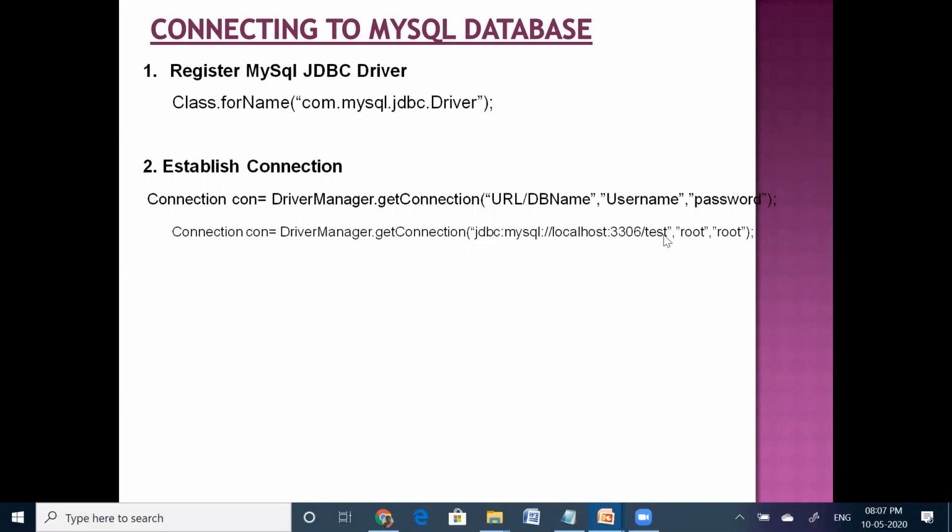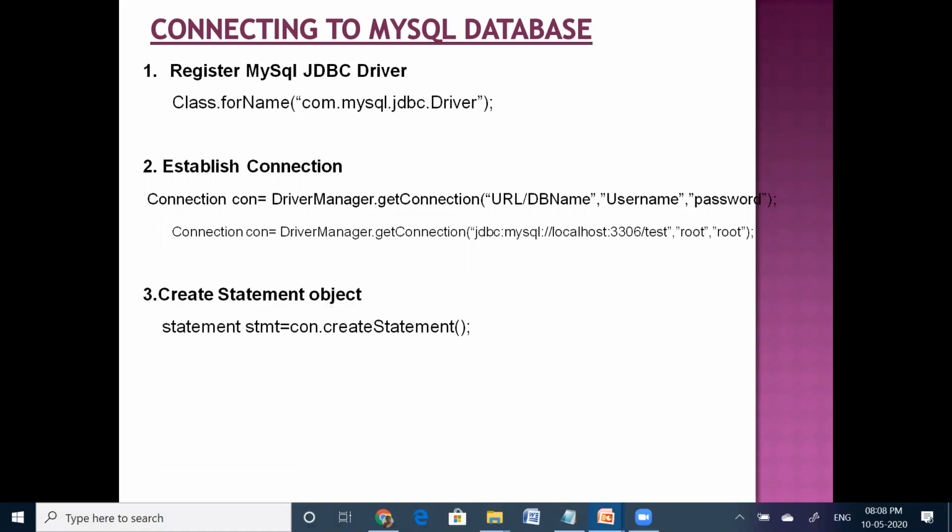What is the name of your database? This is a user defined database name. Then the username of the server, root. In my system it is root, and the password of the server is also root. By passing the URL, database name, username and password, we establish the connection.